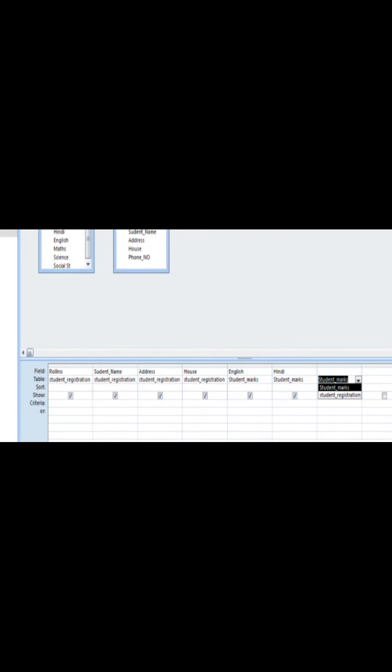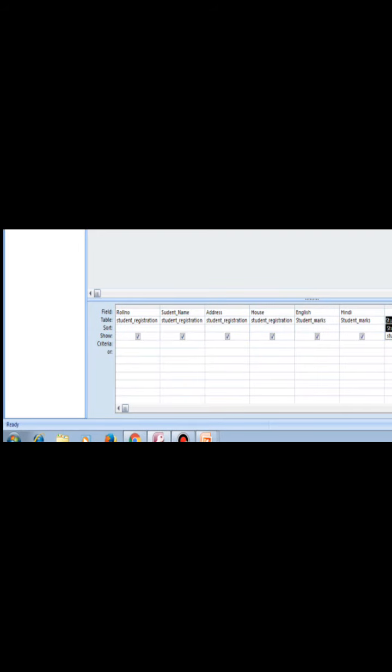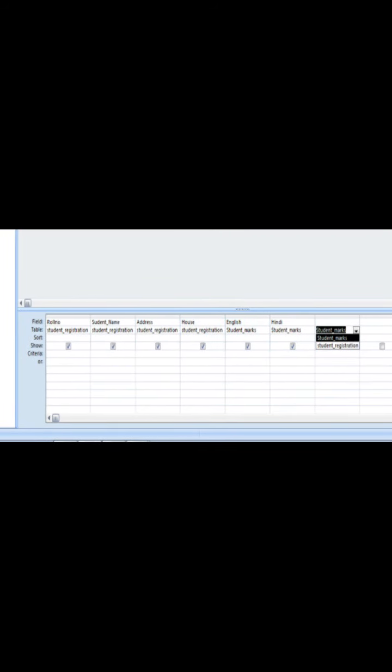Let's see how to do it. Here I have selected student registration roll number, student registration name, student registration address, student registration phone, and then student marks English and Hindi. Once you click here you will get the table name, so select the table name and select the field name, whichever you want to display.